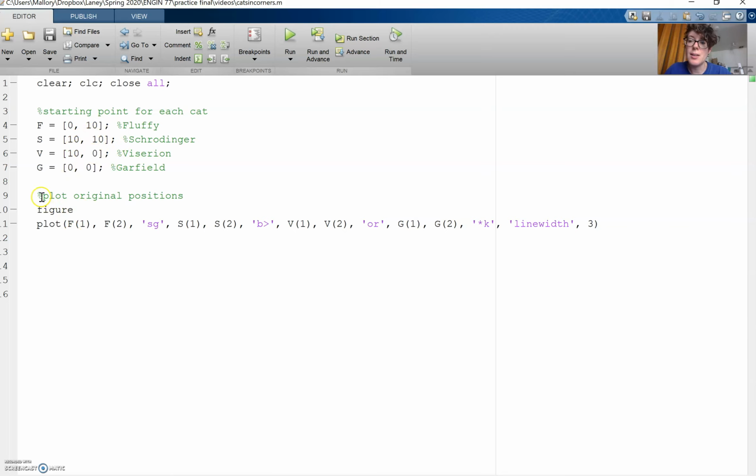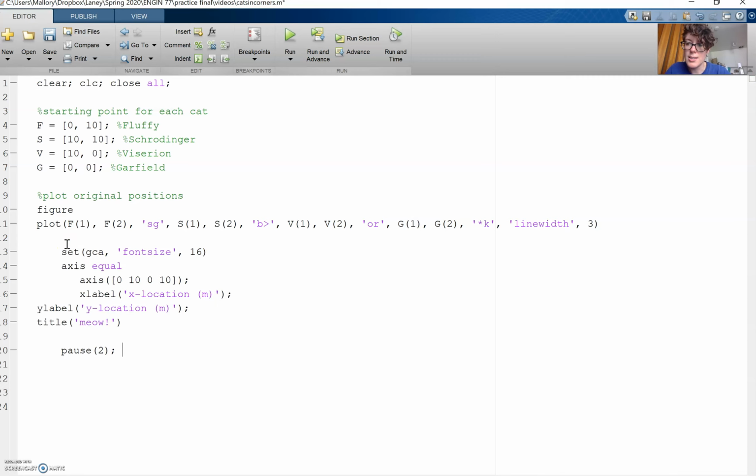And then I've gone ahead and plotted the original positions by saying plot XY, and then here's my green square, my blue triangle, the red circle, and the black star. And I've also changed my line width so that I can see them a little bit better. I'll want to go ahead and